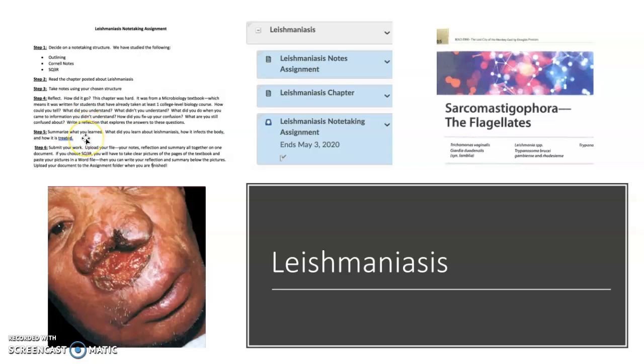Then you're going to write a summary after that, and then you're going to submit this to the assignment folder. So I will be able to see your notes, your little metacognitive reflection about how it went, your summary, and then I can look at all of that. Okay, so that's your Leishmaniasis assignment. Please do this first. This is in order of the way I want you to do it. I want you to do this first, and then,